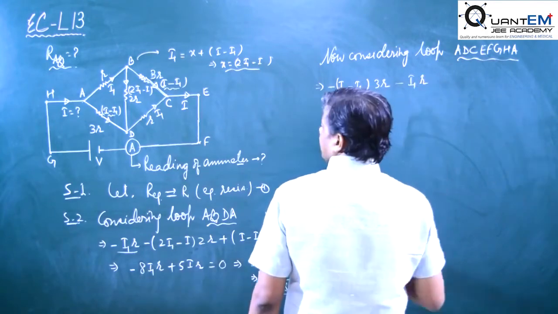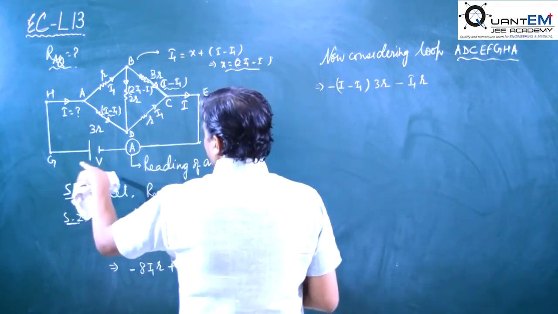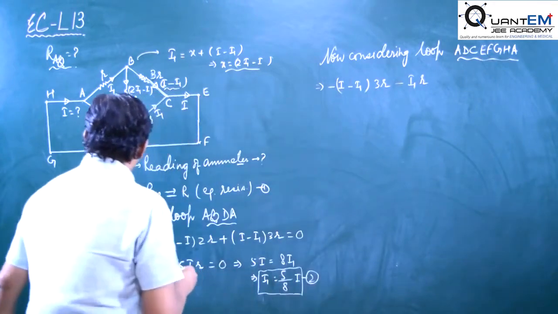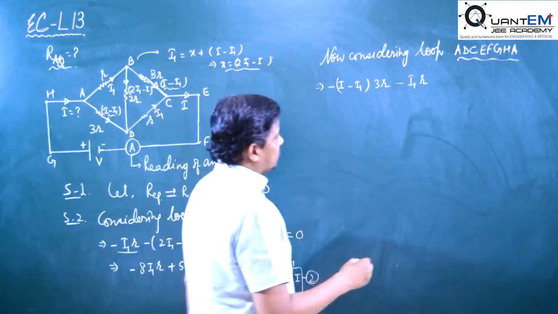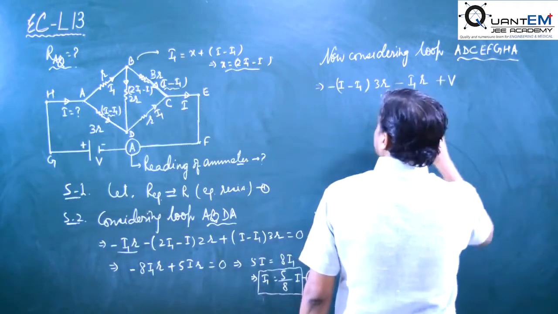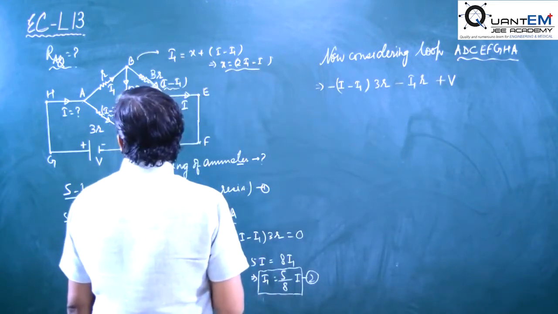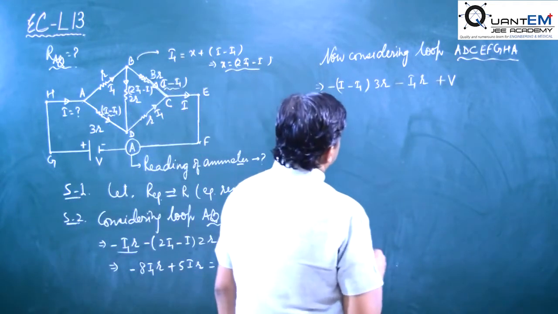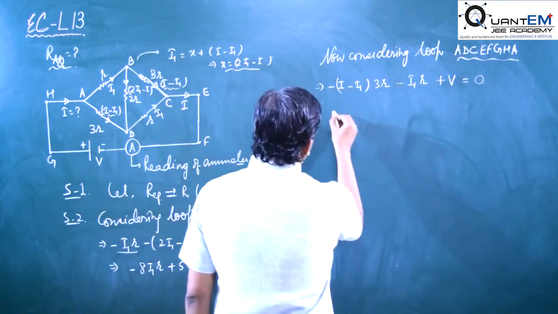So minus I1R, C to A we have nothing, E to F nothing, F to G we are coming from the negative terminal of the cell to the positive terminal of the cell. Increasing potential has always positive sign. So plus V, H to A, again we have nothing, and according to the loop law this result must be 0. So what we get,